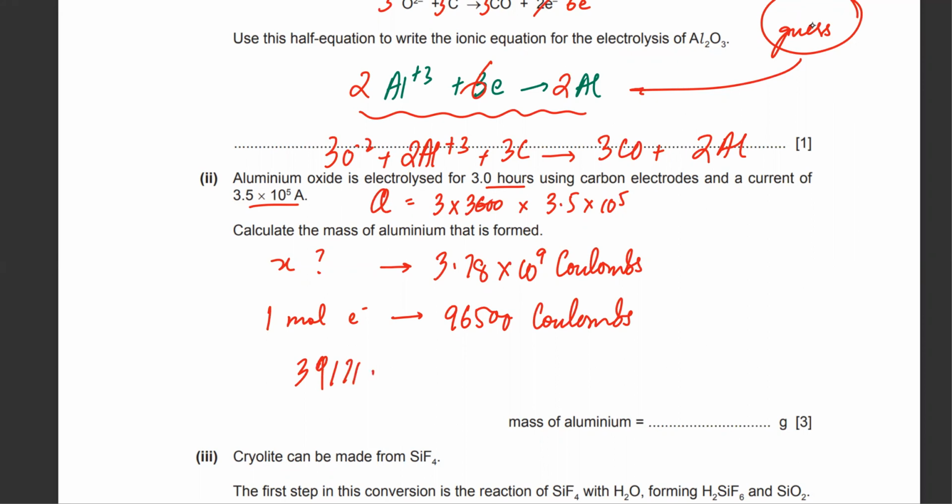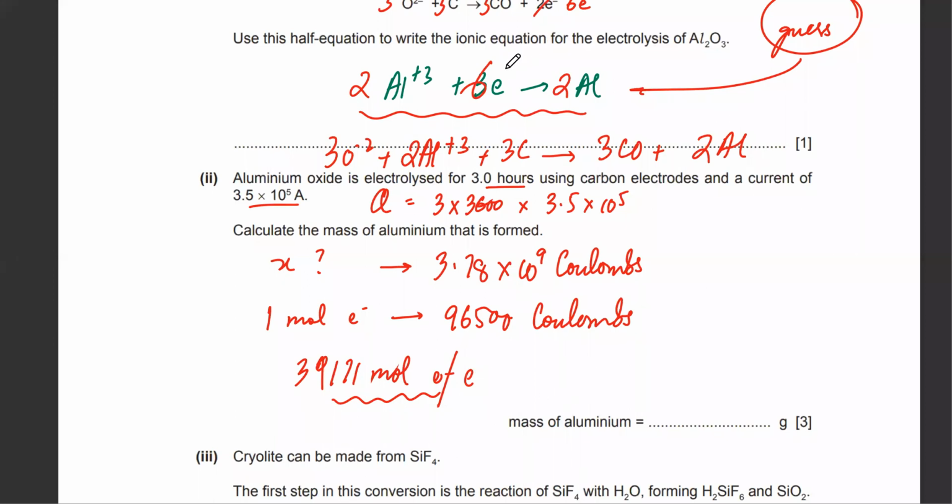39,171 moles of electrons. So that's a lot of electrons. You had a very huge amount of current for a very long time, so that's a lot of moles of electrons. Now, you found the moles of electrons, so you have to find the mass